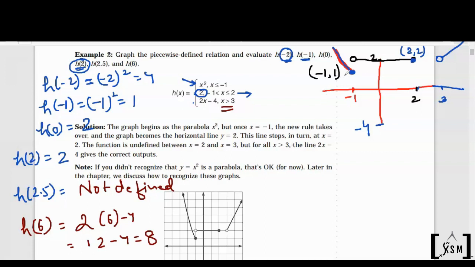Looking at the first part, the x value is less than or equal to -1. It means from minus infinity all the way up to -1 is defined. At minus infinity, we always keep an open interval, this kind of bracket. And because x is touching -1, we'll keep it with a closed bracket, this kind of bracket.